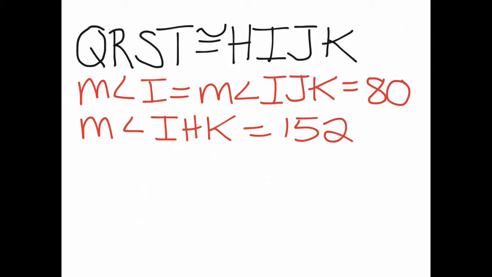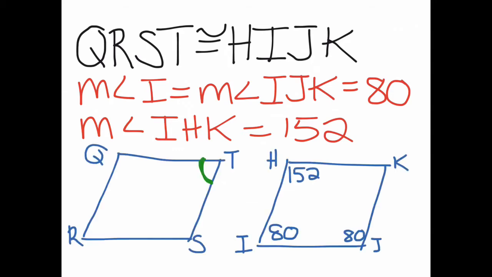So we can start by creating our quadrilaterals. The quadrilaterals can really look like anything because we're going to use the values instead of the way they look. So remember that these quadrilaterals are congruent. Over here on the right-hand quadrilateral, we have 3 angles that we know and 1 angle that we don't. And the angle that we're looking for here is this green angle, angle STQ, which is the same as this